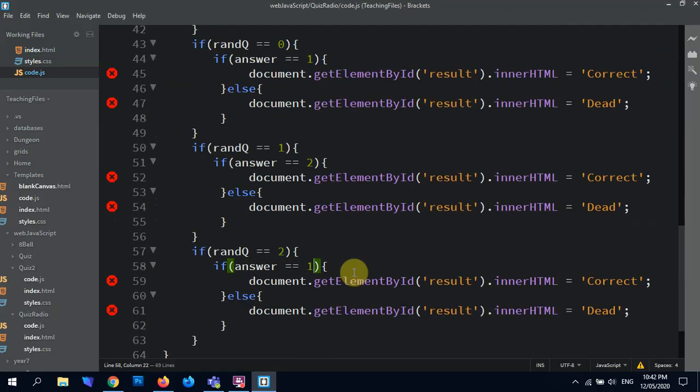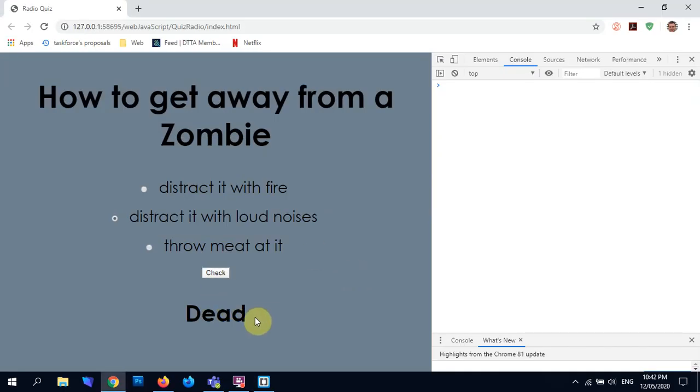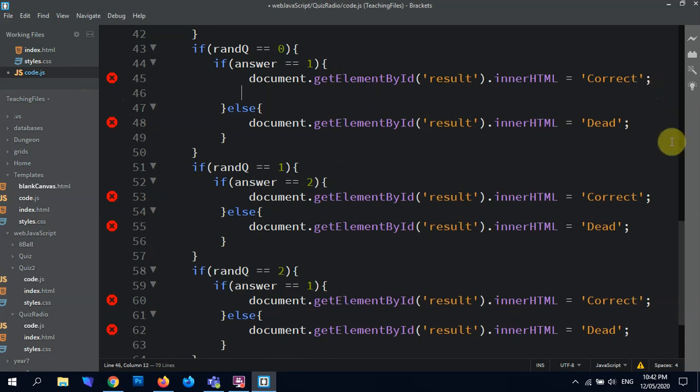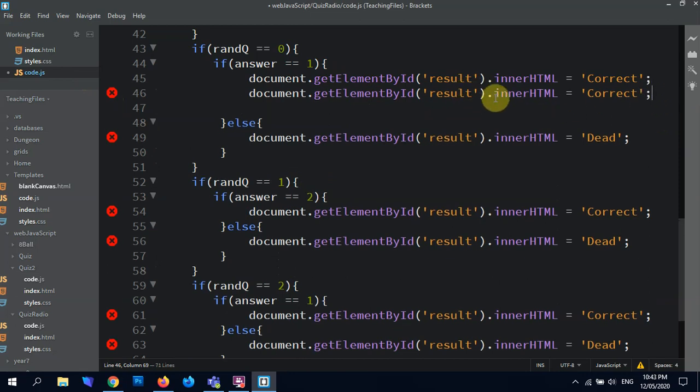So that does that. Now, what I would like to do is make this text red when you're dead and green when you're good. So I can default it to a color, but I might as well just change them both in here. So I would say this first, and I would say